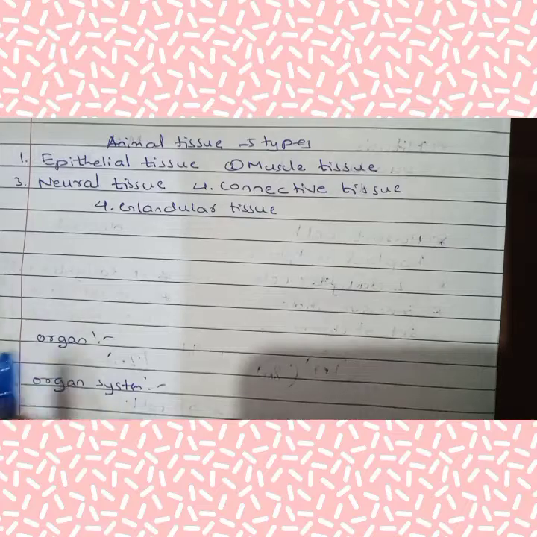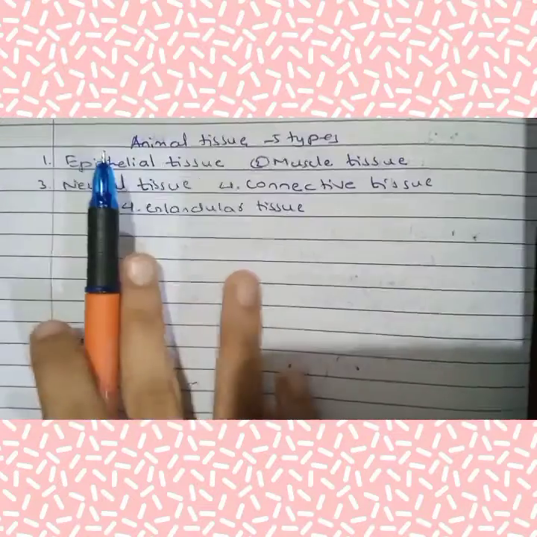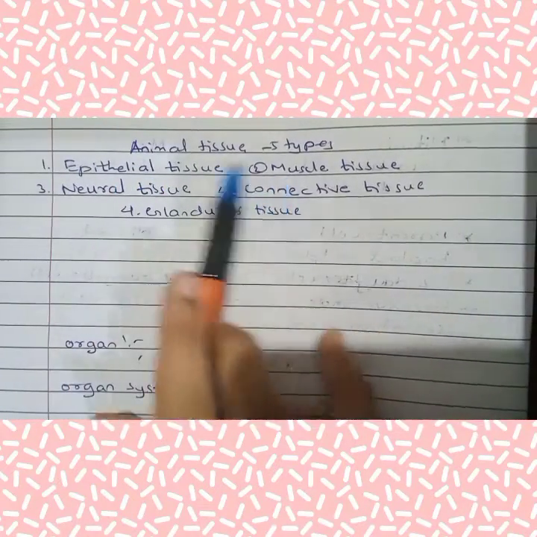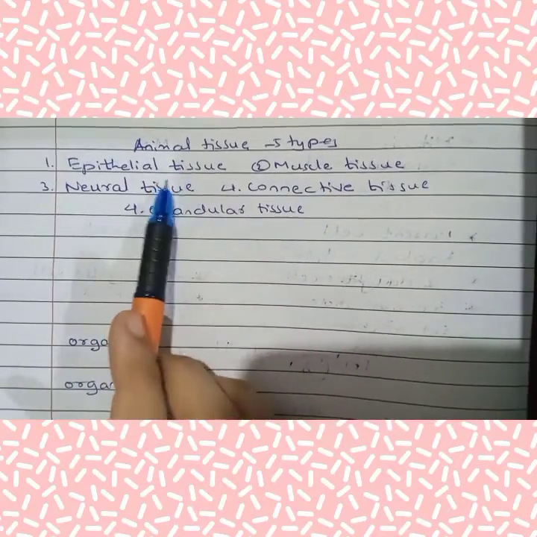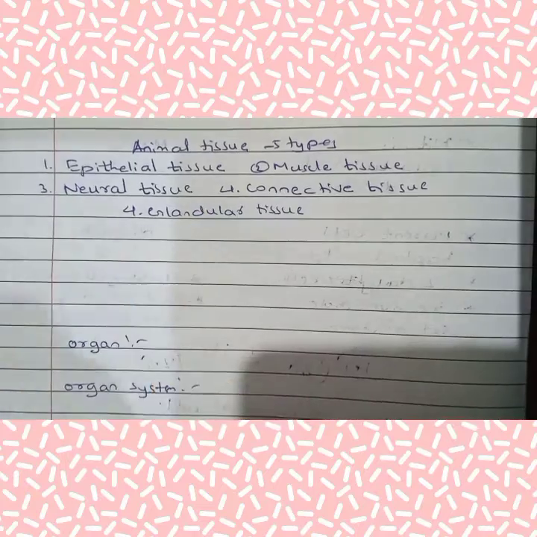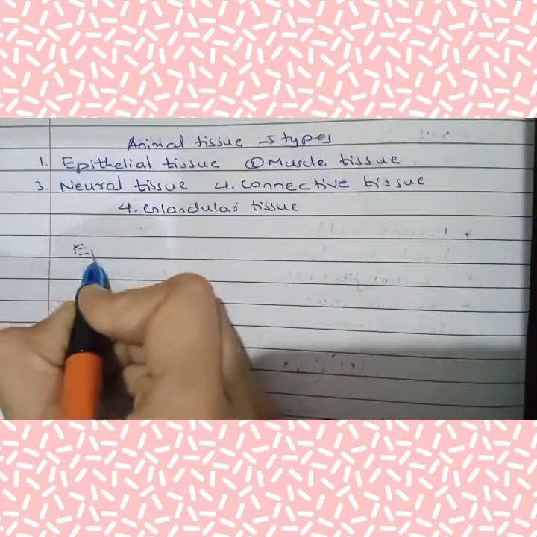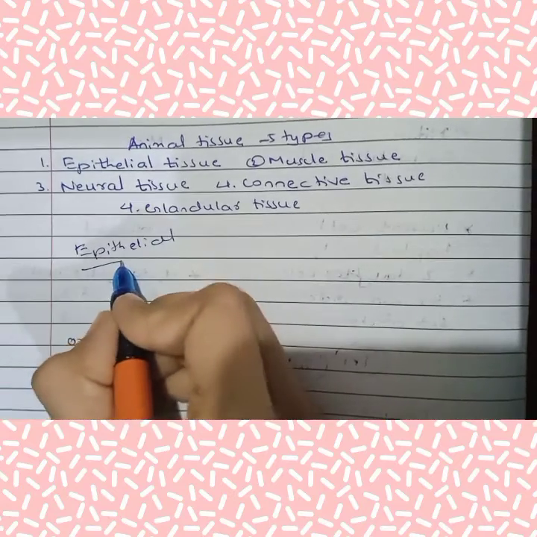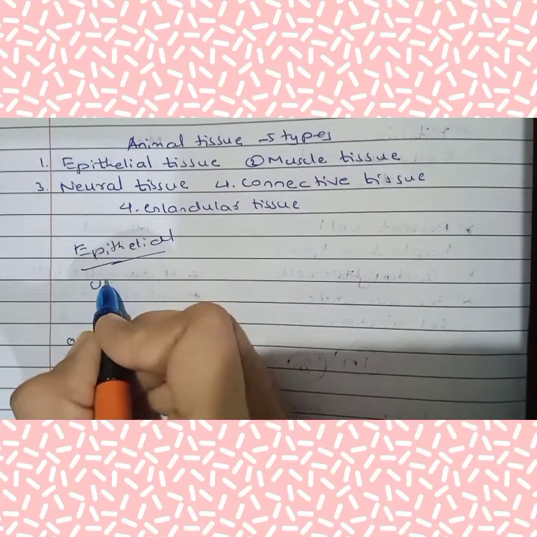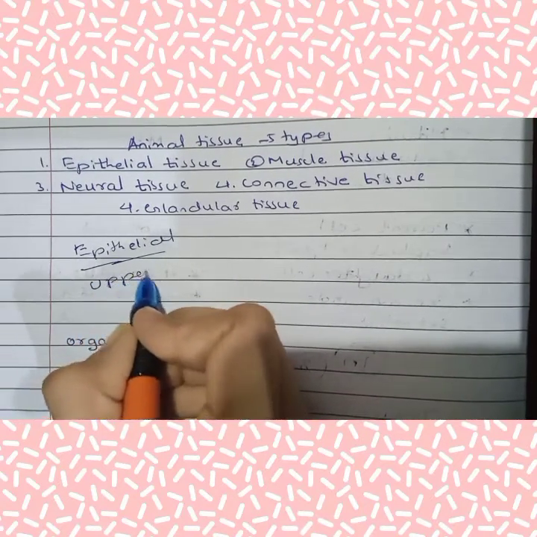Now we have studied about plant tissues. Now let's study about animal tissue. There are 5 types of animal tissue: epithelial tissue, muscle tissue, neural tissue, connective tissue, and glandular tissue. Now what is epithelial tissue? What is the meaning of epithelial? It means layer, upper layer